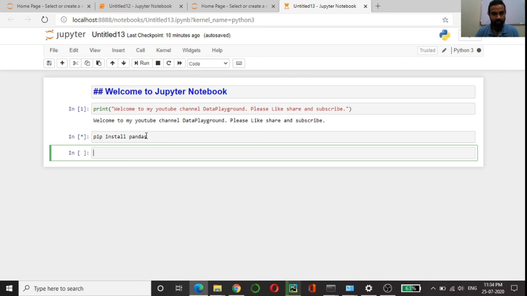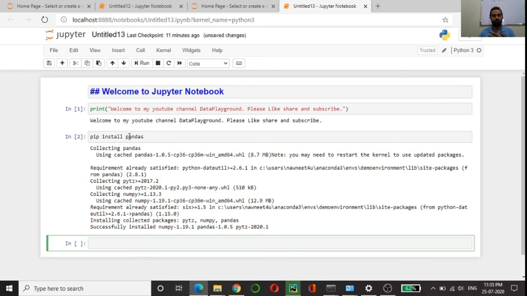From Jupyter Notebook, pandas is still getting installed, guys, so we need to wait. Yeah, you can see that it is successfully installed. We can check. We did not get any error here.